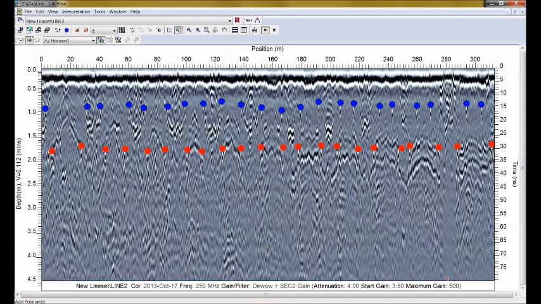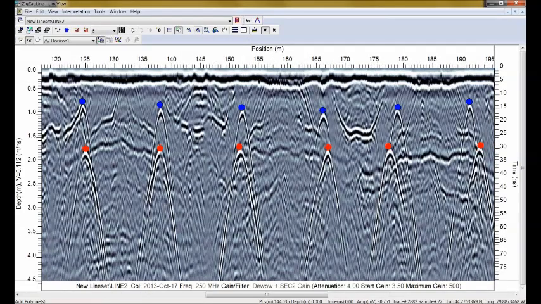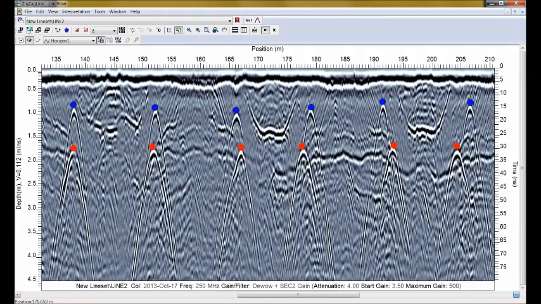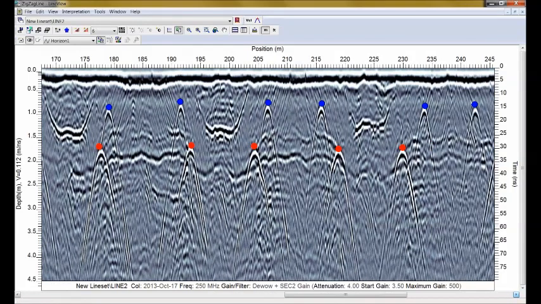Now, this is a polyline. This is a little bit of a different beast. So I'm going to zoom in here, and what I'm going to do is follow a horizon. I'm drawing a line this time. So I look at my data and I say, well, okay, there's kind of a line running through here. So I'm going to draw that line